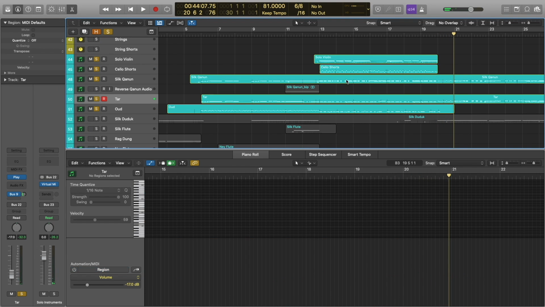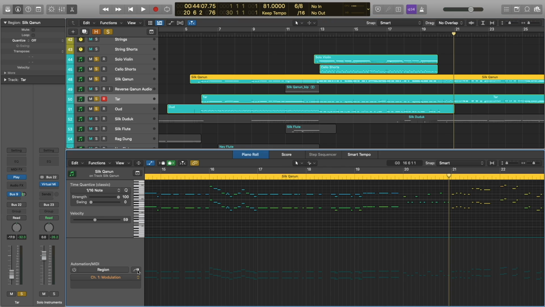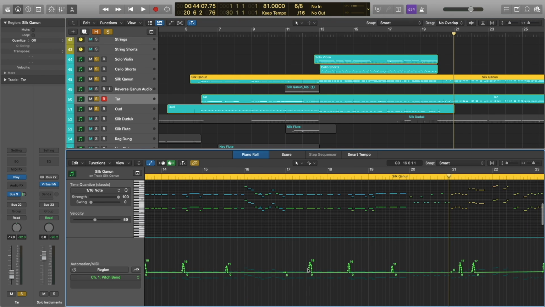And as you could hear, there's a little bit of pitch bending going on here, just to switch it up a little bit. And it's very subtle, but it's a nice little touch. It can kind of simulate even more realism.